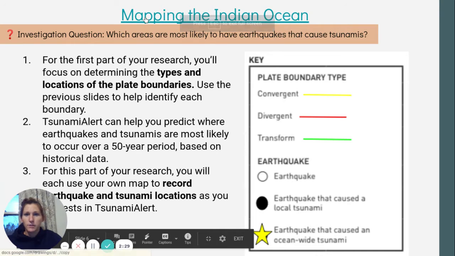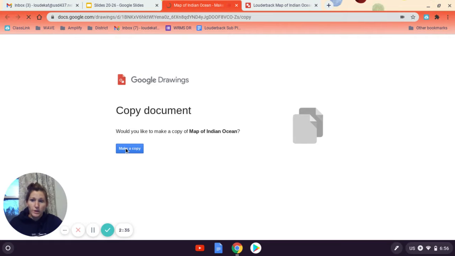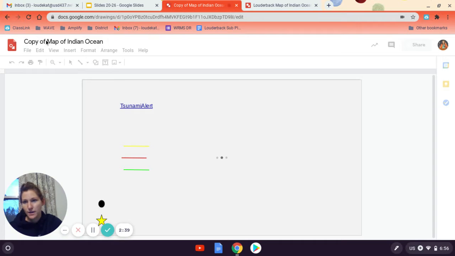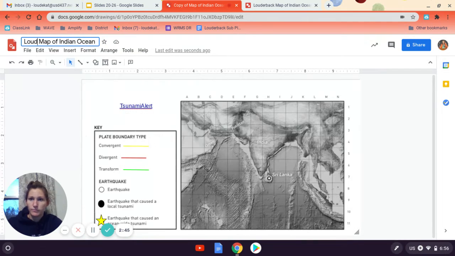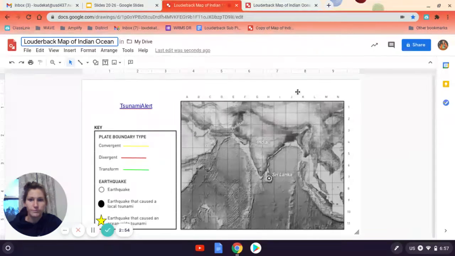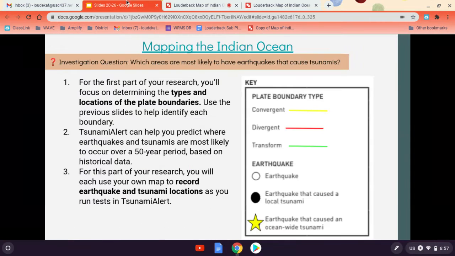And you'll click on the link here, Mapping the Indian Ocean, and you will make a copy. Now, when you make a copy, we're going to change this name so it doesn't say copy of map of Indian Ocean. We're going to change it to your last name. I'm just going to put Lauterbach for mine. And then I'm going to have you bookmark it so that you have access to it later on. It'll be a little easier. Okay. Now, we're going to be using Google Drawing today, so you can use your mouse or you can use your stylus if you still have yours to make it easier as you draw. So the first thing